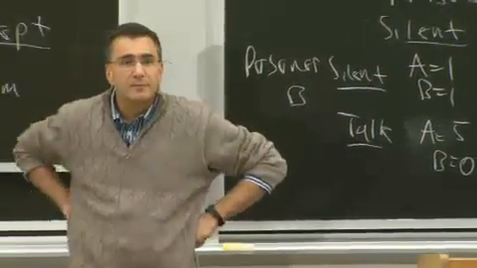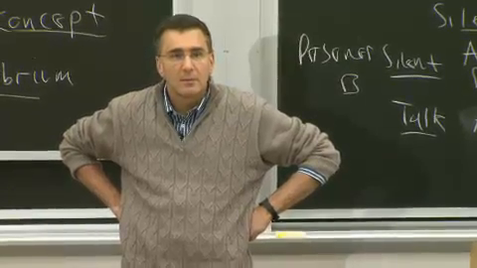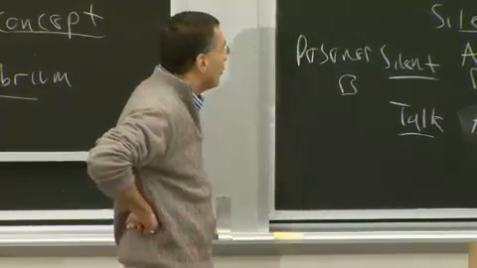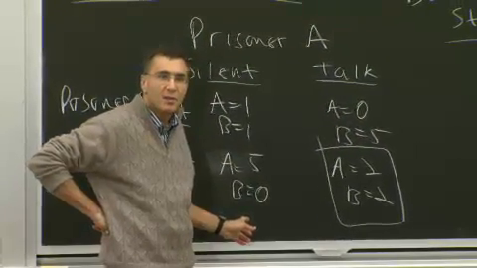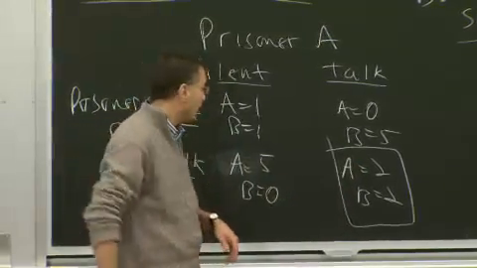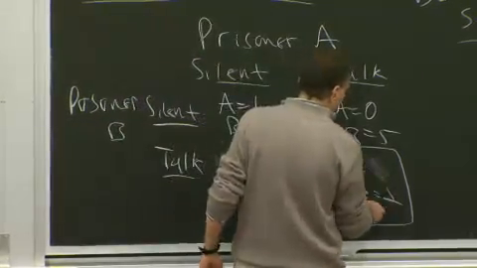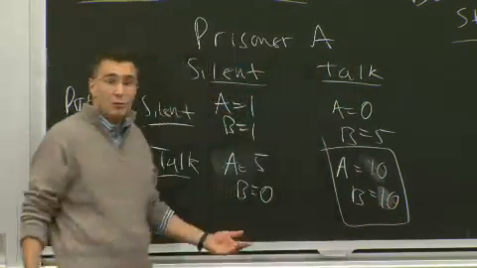Yeah? If they both talk, they both got 10 years, they're in a Nash equilibrium. No, but if they both talk, that's not, the 10 years only happens if one talks and the other one doesn't. Yeah. Okay, great. So let's ask that. Let's change this. Now let's just rework it.